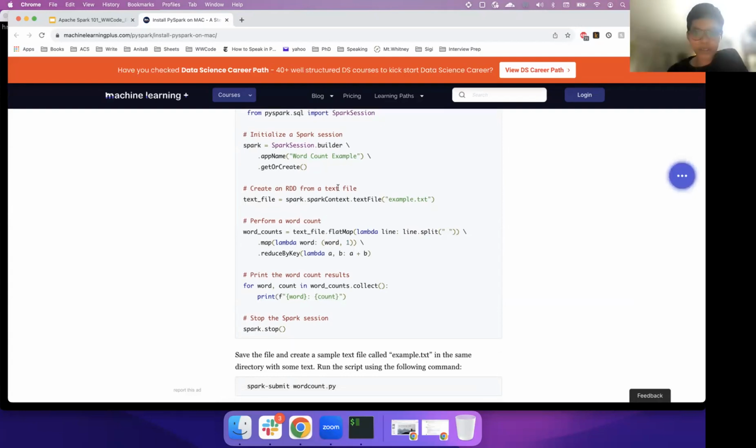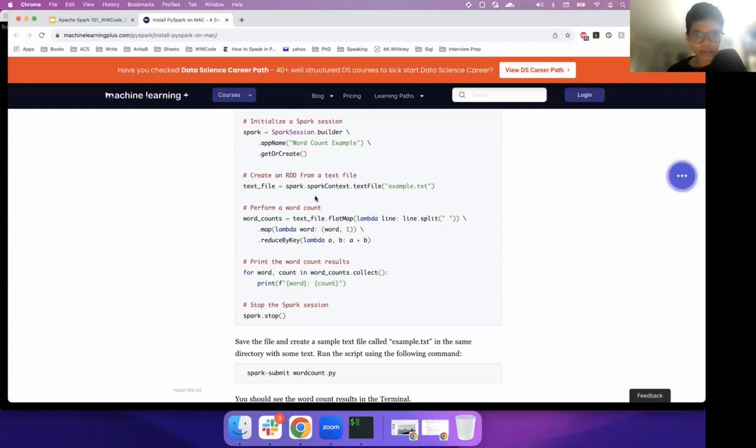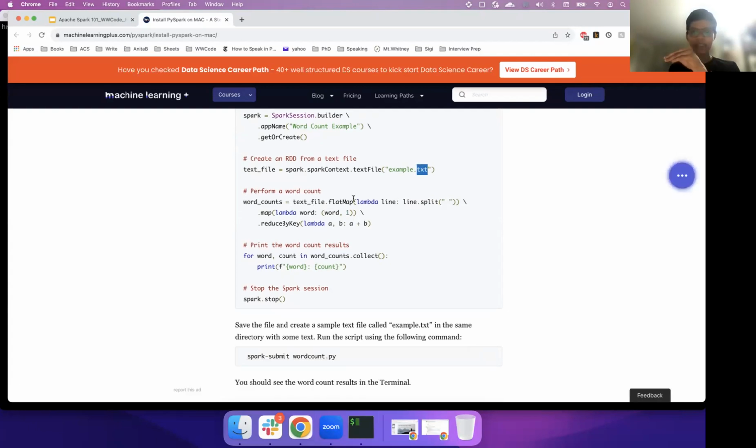And this word count example Spark job is going to read data and create an RDD from this example.txt file. So that's the input data. And then from that RDD, we are again doing the same thing. We are splitting it by space so that we can get each word. And we are saying for each word, convert it into a sort of tuple with the word comma 1. And then finally, we are reducing by the key saying for each tuple,